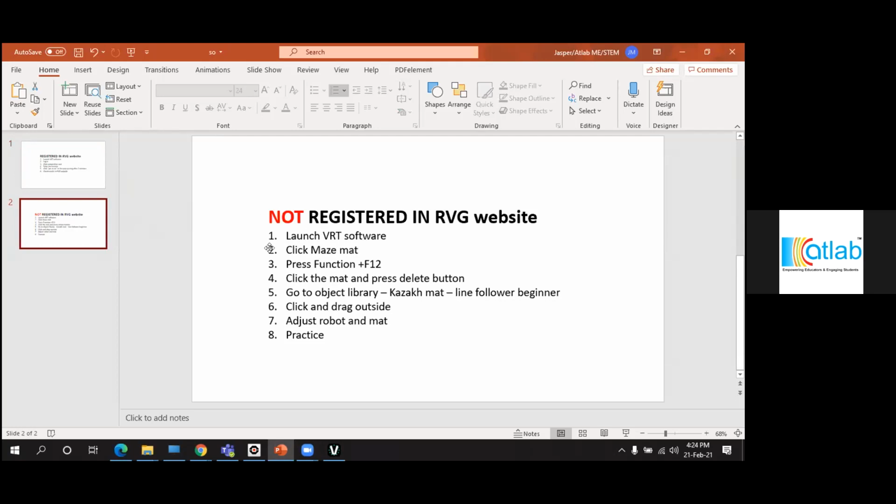If you're not registered in the RBG platform and want to access the offline mat, this is the procedure. Launch the VRT software, click Maze mat, press Function plus F12 on the keyboard, click the mat, press the delete button, go to object library, Kazakh mat, line follow beginner, then drag the mat outside and adjust your mat.